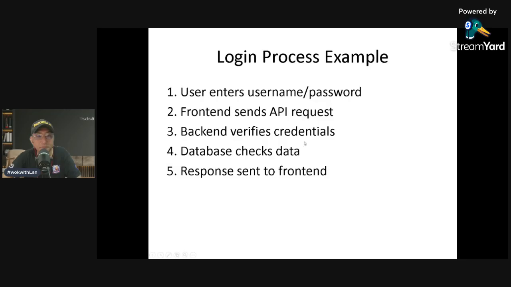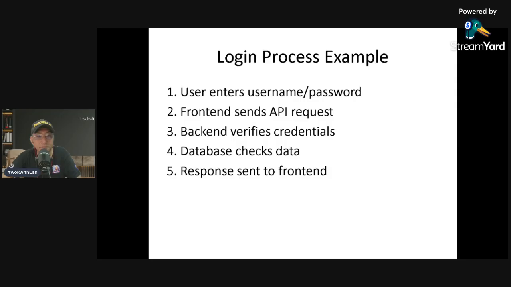This is an example of the login process. Let's walk through what happens when a user logs in. Of course, the user opens the app, the mobile operating system loads the app into memory, and the front end, the user enters username and password, okay, then presses login. The front end sends this data to the server using an API. The back end checks the database. It verifies whether the credentials match.